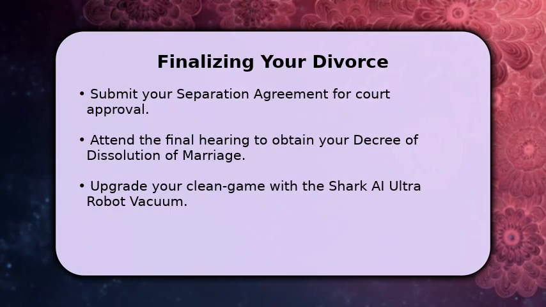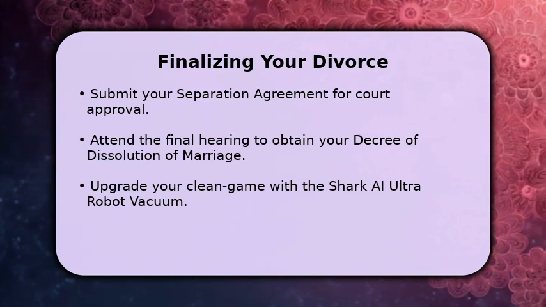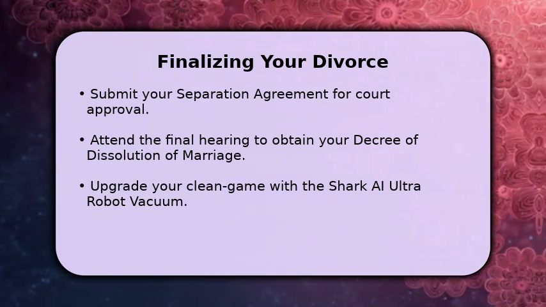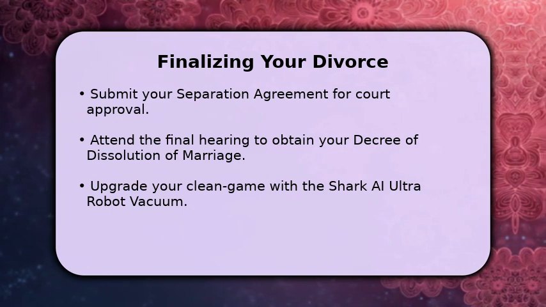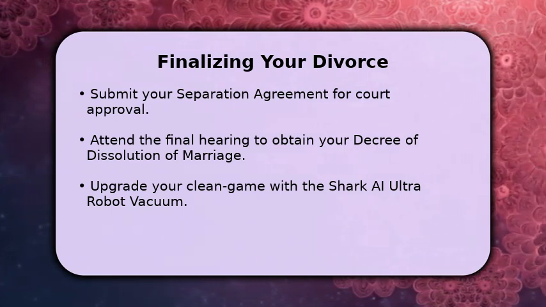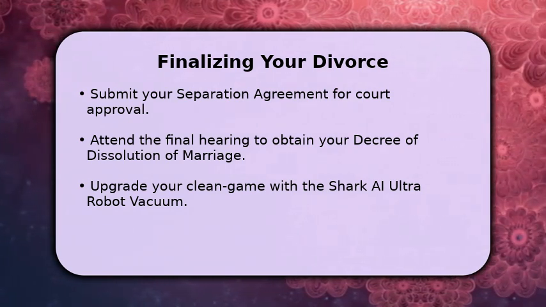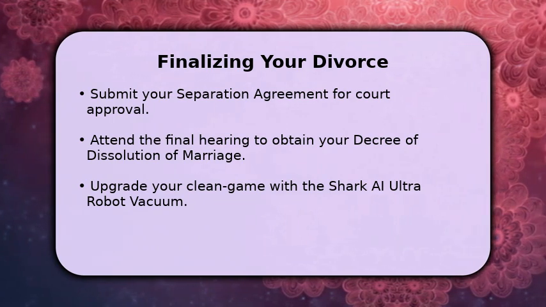division. The final stage involves submitting your separation agreement, which outlines all agreed-upon terms for property, debts, and children. The court will review this agreement to ensure it's fair and in the best interest of any children. Once approved, you'll attend a final hearing where the judge will issue your decree of dissolution of marriage, officially ending